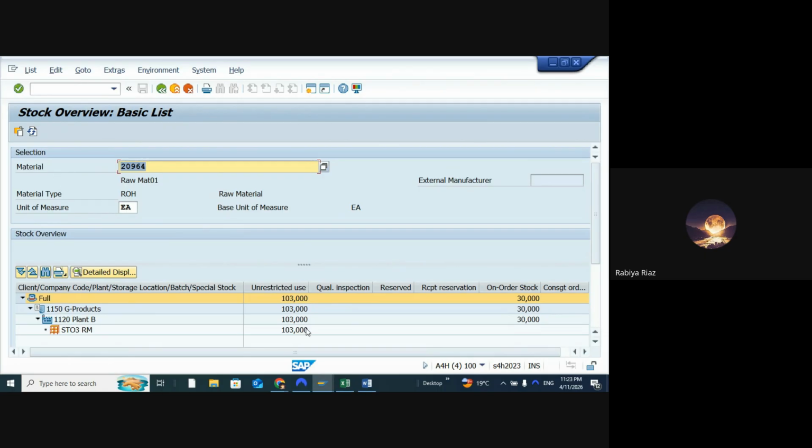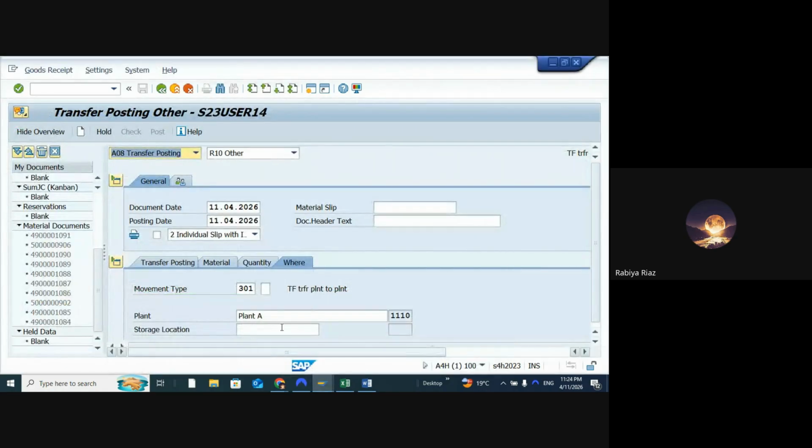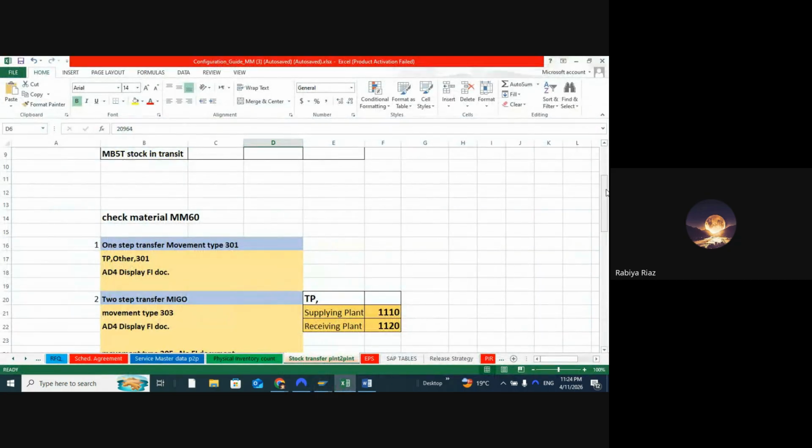So see, the unrestricted stock has been increased from 60 units to 103, as 43 units were added. I hope it's clear now. The second one is